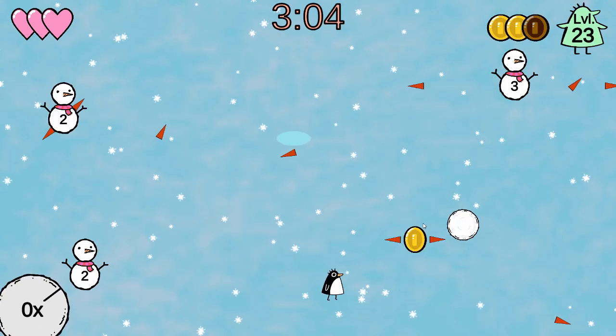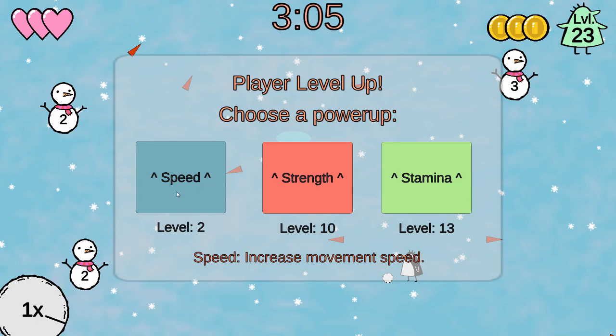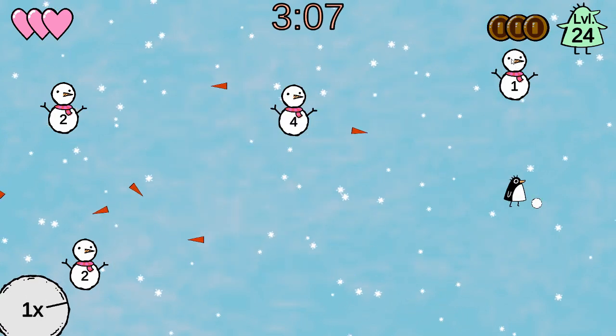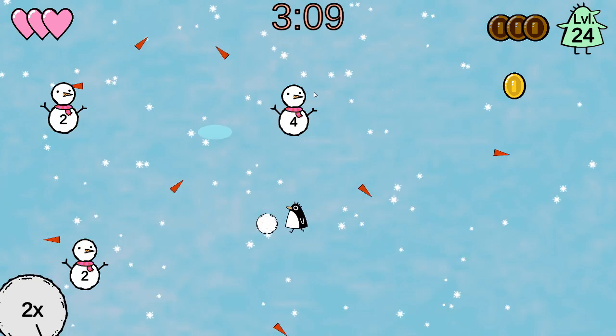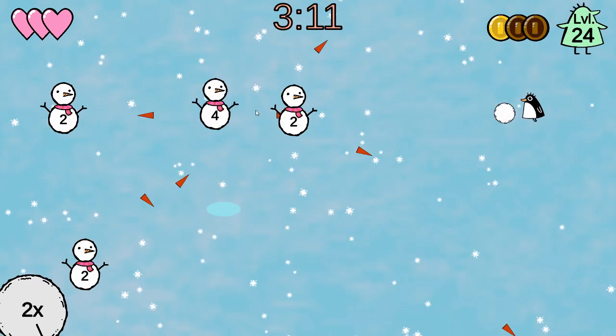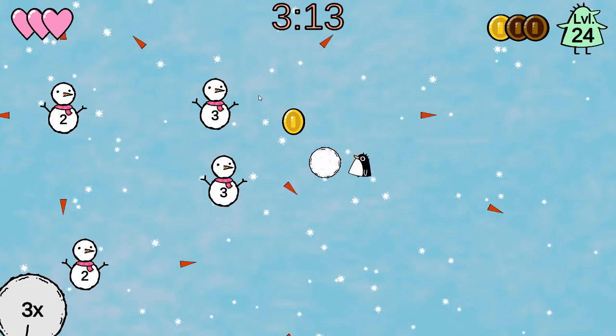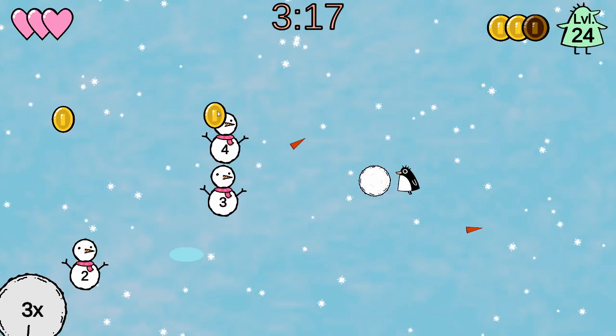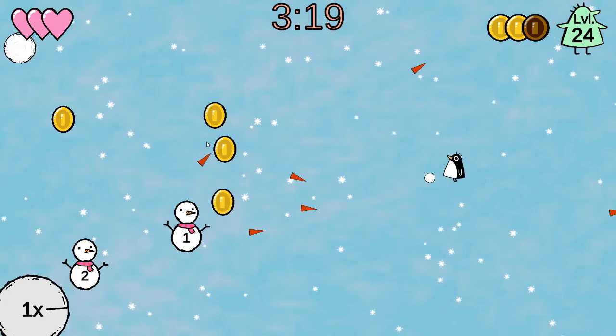Leveling up the speed doesn't seem to be doing a lot for me, or rather, I seem to be neglecting speed in favour of strength and stamina, but maybe next time I'll try one over the other to see if that has an impact. Okay, so certainly the bullet hell aspect is getting a lot more challenging as more stuff starts spawning, so yeah, I think...